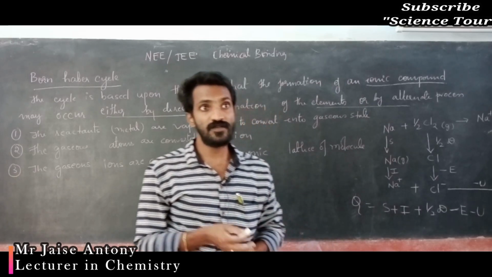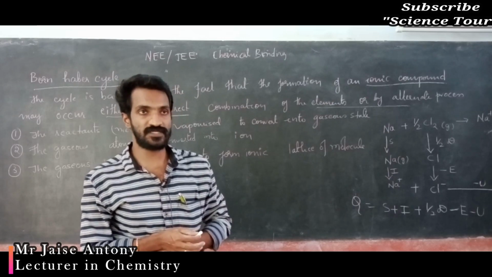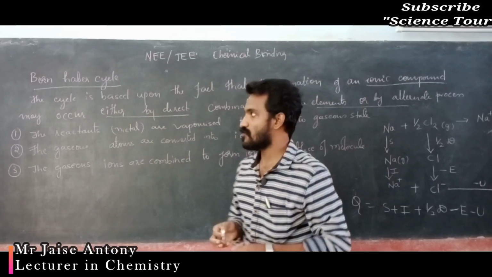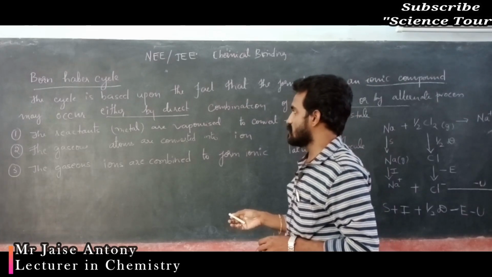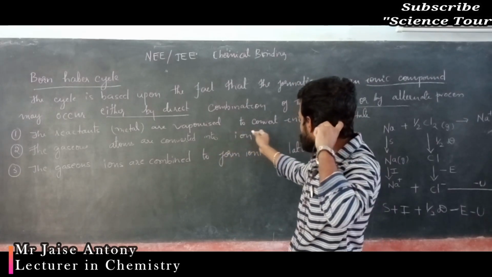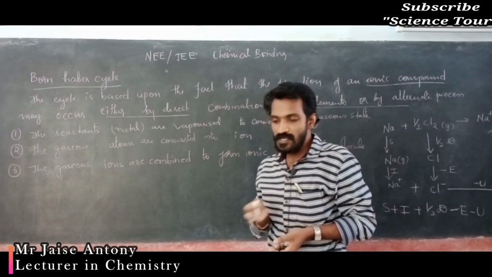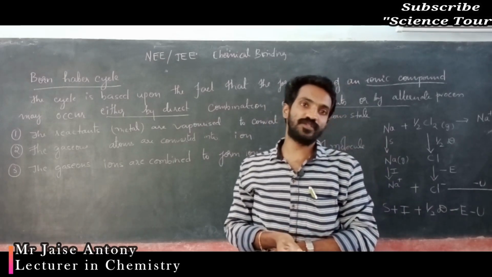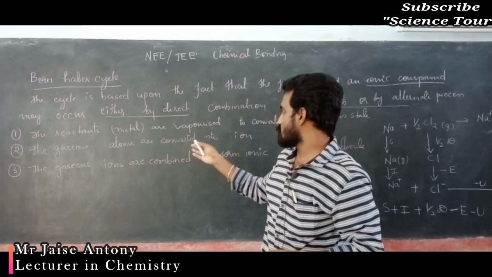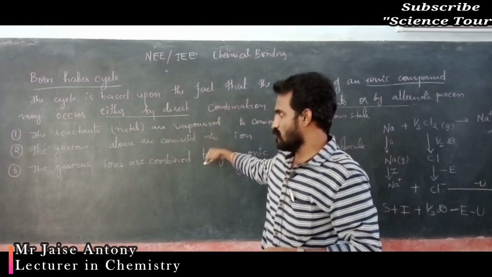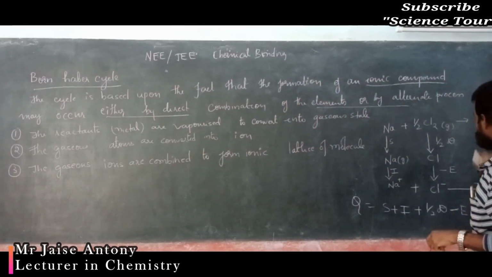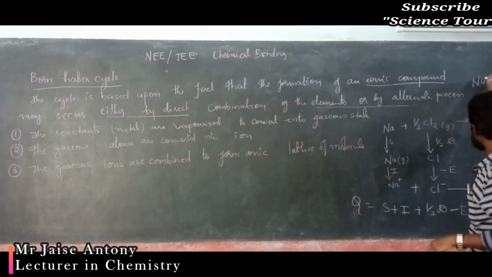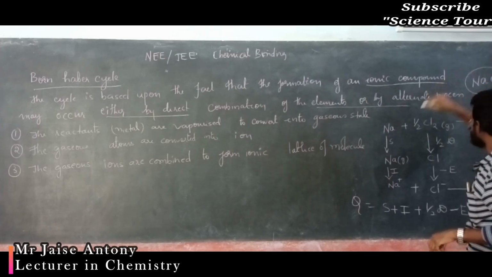Preparation of a lattice crystal, 1 mole of crystal. For example, my dear students, here it is given that reactants are vaporized; in some cases a vaporization process is required, and in some cases a sublimation process. These points are given, no need of studying this, I will explain, my dear students. Here we prepare 1 mole of sodium chloride crystal.